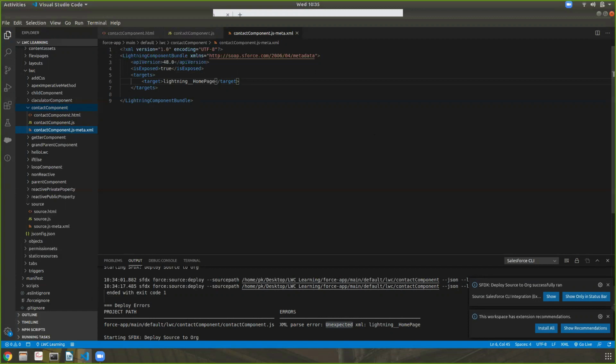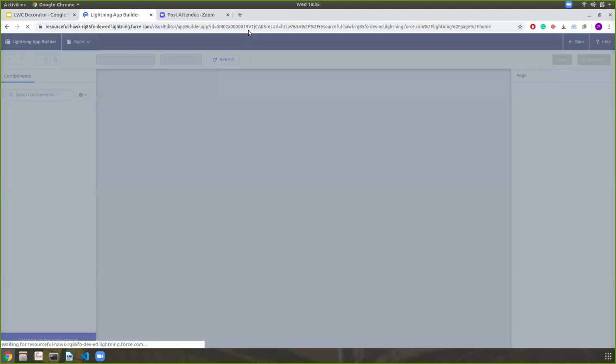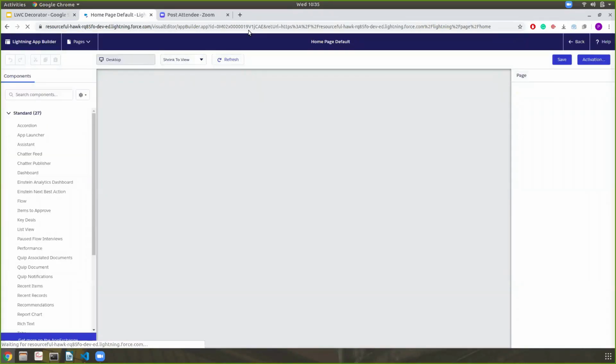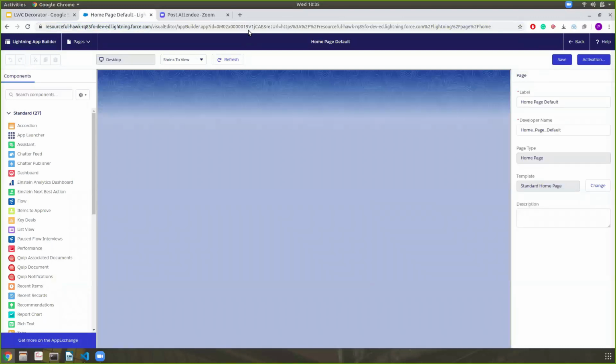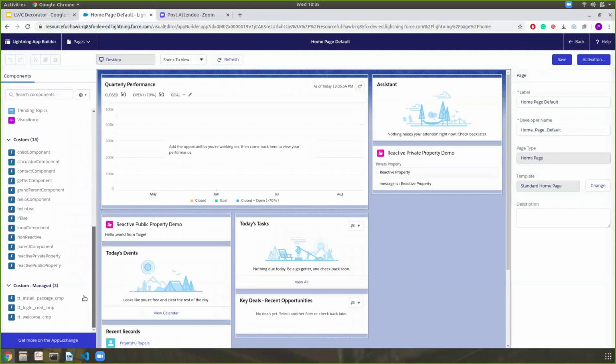Now it successfully deployed the code. Now refresh this edit page of home page. Hopefully it will display the component. Yeah, now it's gone.